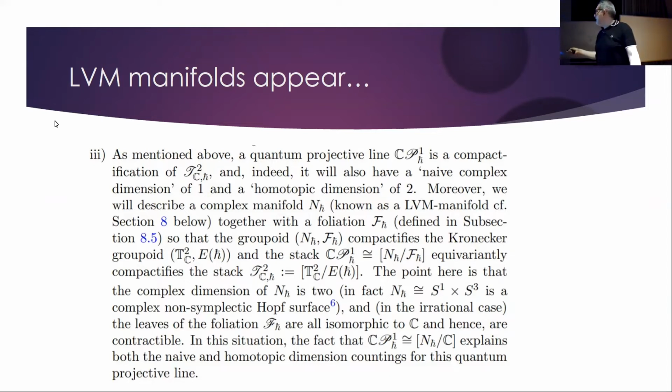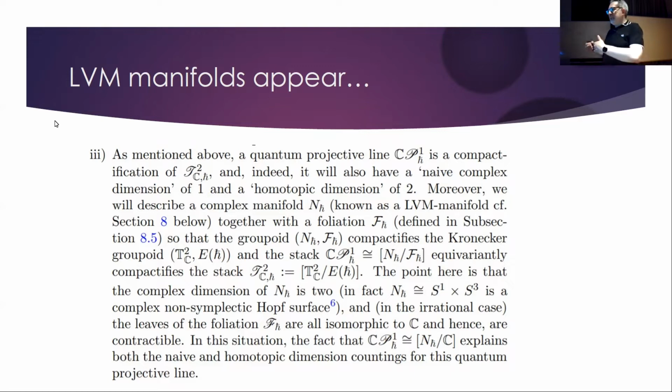N is S1 cross S3. So the foliation, the Kronecker foliation, gets extended to all S1 cross S3. And this holomorphic foliation, well, it's a Hopf surface, of course. This holomorphic foliation